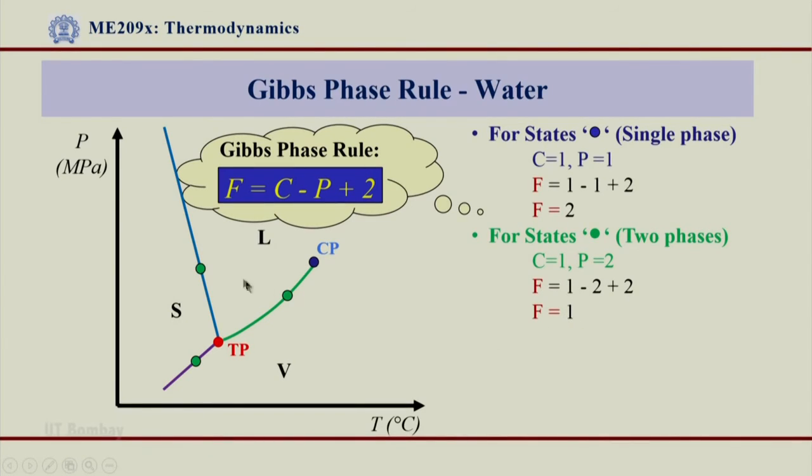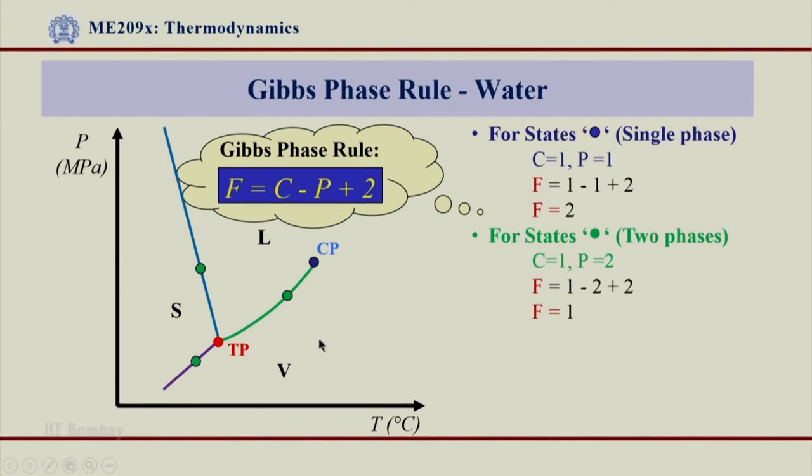What does it mean? It means that when the system lies on this, I can change pressure and I can still be in the same two phase region. The moment I change pressure, you can see from here, the temperature also automatically gets changed. So pressure and temperature are not independent parameters, they are dependent on each other. I can change the temperature. If I change temperature, the pressure also gets changed,